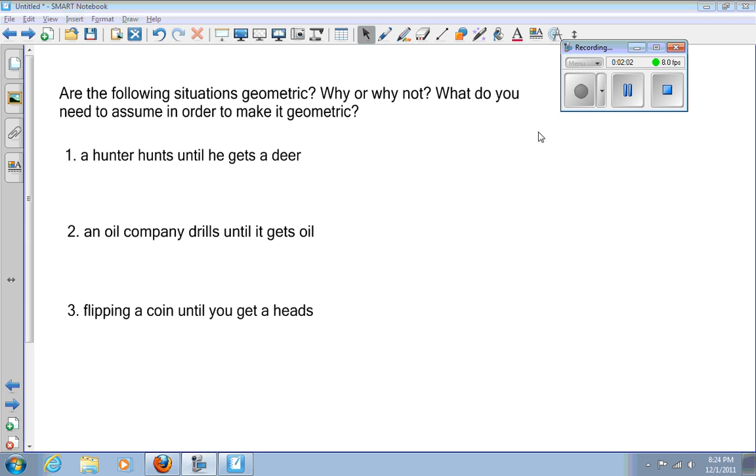So if we had a fixed number of observations, well, I don't know how to go back and do this. I got to talking about binomials, so let me talk about geometric.